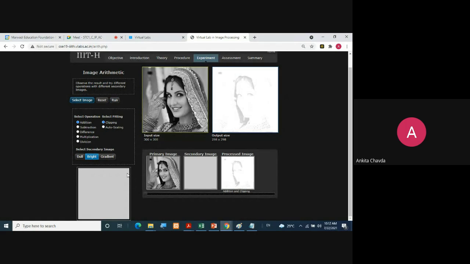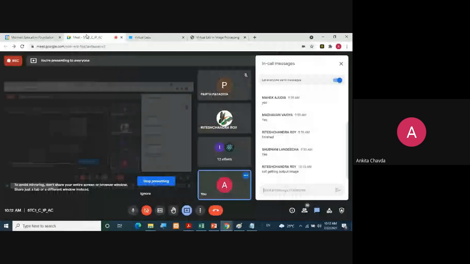So that 200 you are adding with another color, so it is very near to 255, right? So we are getting a very bright image. Same way you can check with all. Please do it. If you are not getting the output image, maybe that is due to your Adobe Flash. You can check for that. That is the only reason.